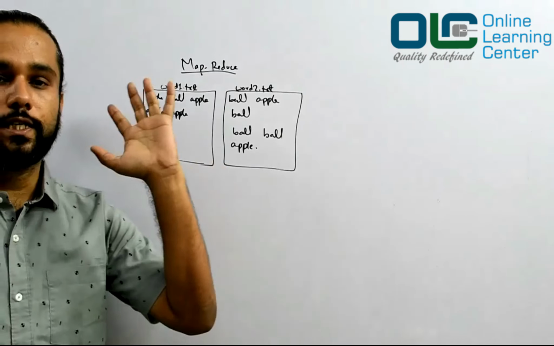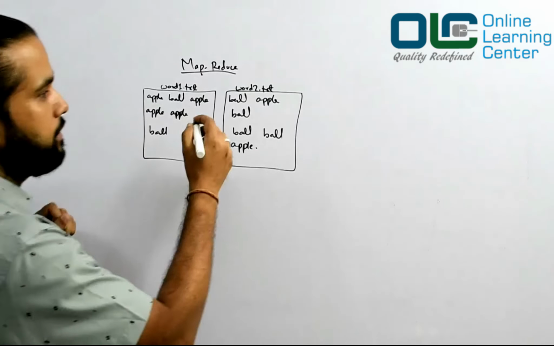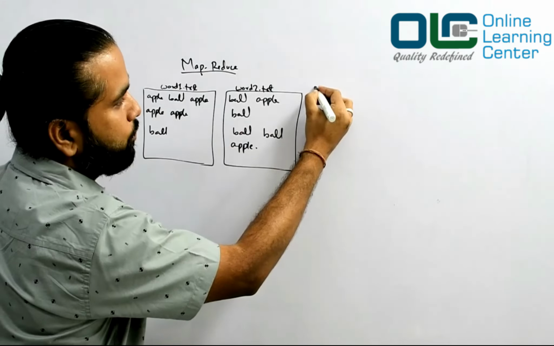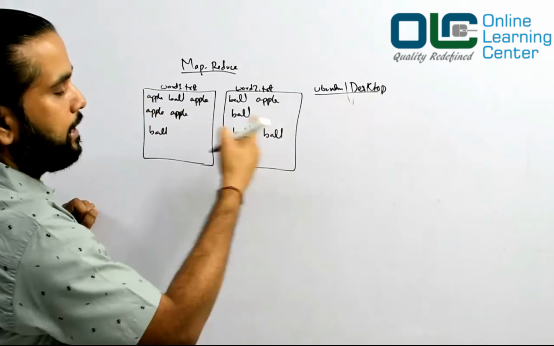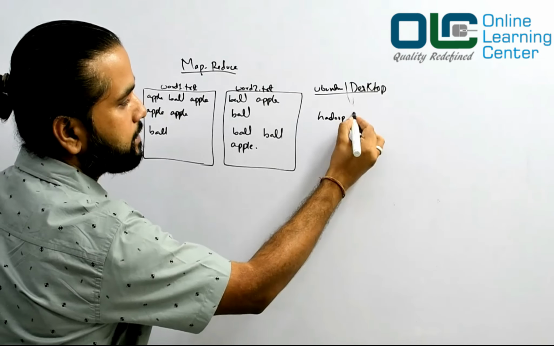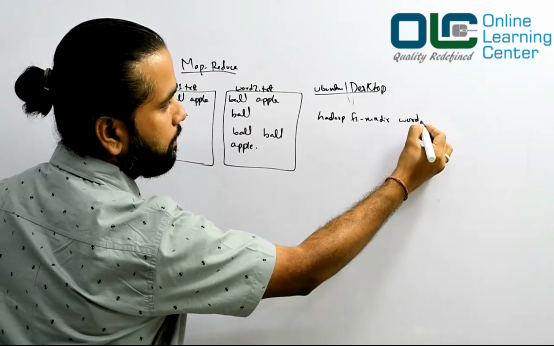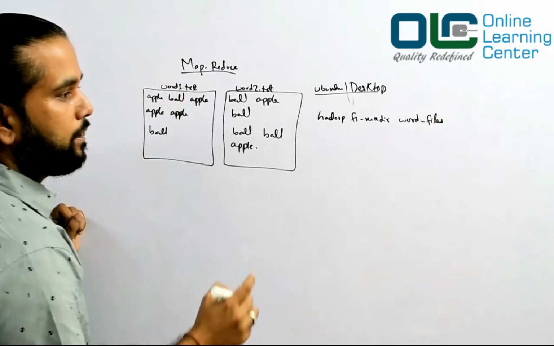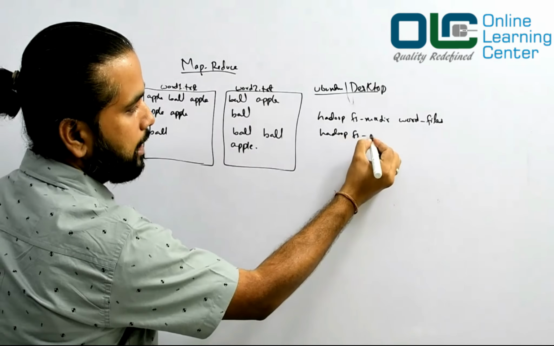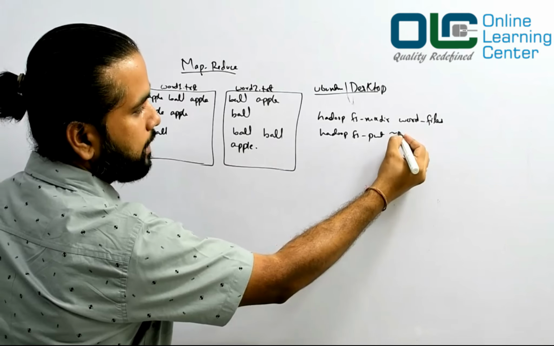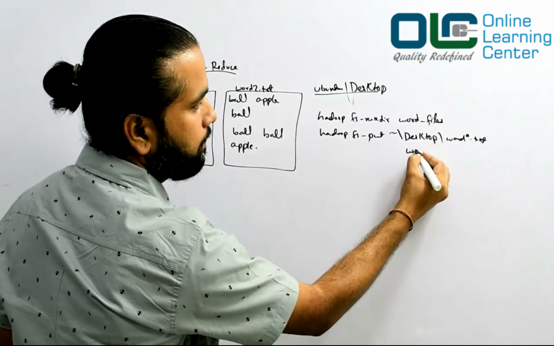And this file is, let's say, present in your HDFS location. And now we know what the HDFS location is. So suppose this was present in your Ubuntu, on your desktop, you had these two files. And what you did, you said hadoop fs -mkdir word_files, for example, and you created a folder and then you uploaded these two files. You said hadoop fs -put, from your desktop your word1 and word2, and where do you want to put them? You want to put them under this word_files folder. That's what you did.